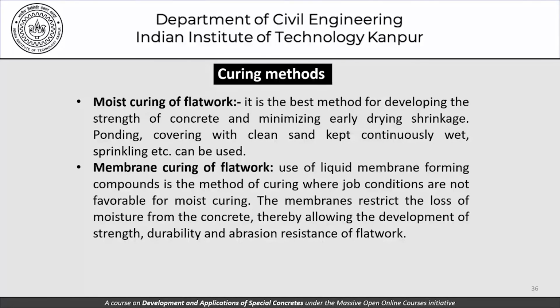Use of liquid membrane forming compounds is the method of curing where job conditions are not favorable to moist curing. These membranes restrict the loss of moisture from the concrete, thereby allowing development of strength, durability and abrasion resistance of flat work. Once again, I must emphasize that curing,